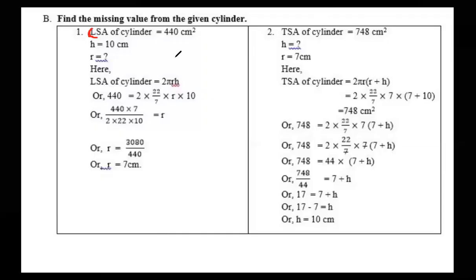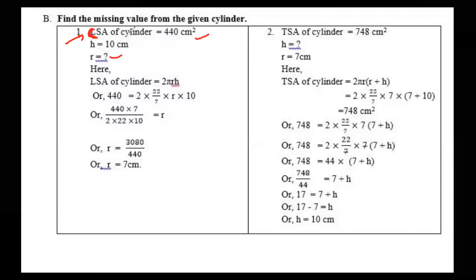So in this case also, find the missing value. Let us find out the value of that one. Okay, so CSA of a cylinder is given now. In the previous question, you were asked to find out the CSA. But here CSA is given and radius you need to find out. So always memorize a single formula, so that you can remember it in the future. If there are 50 formulas and if there are 5 formulas, it is better to learn 5 formulas. Okay, so use one formula.